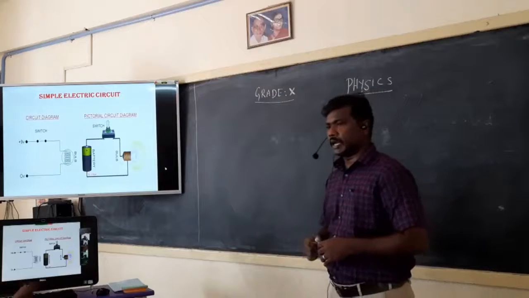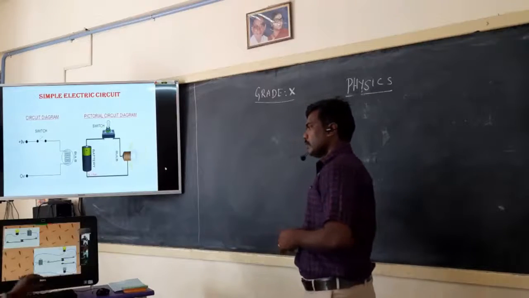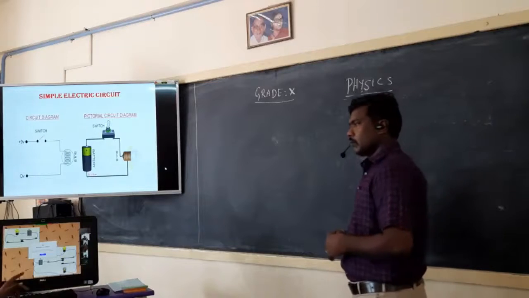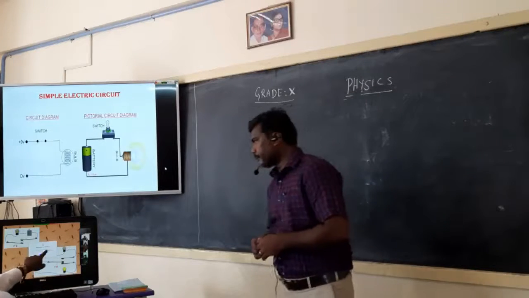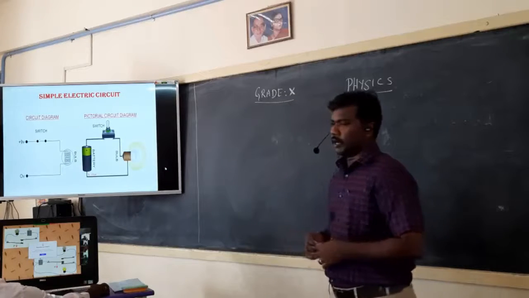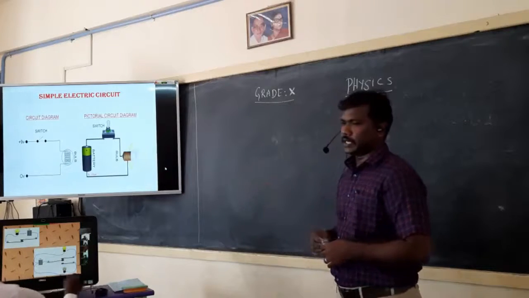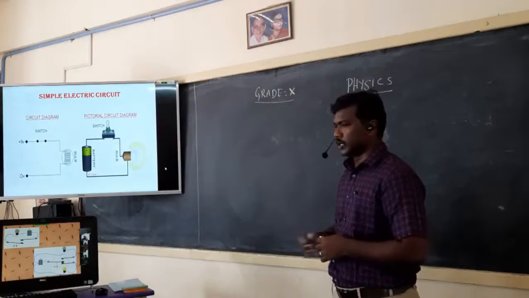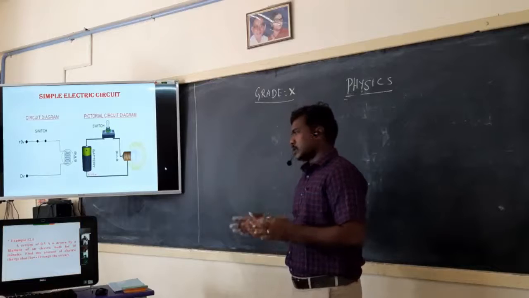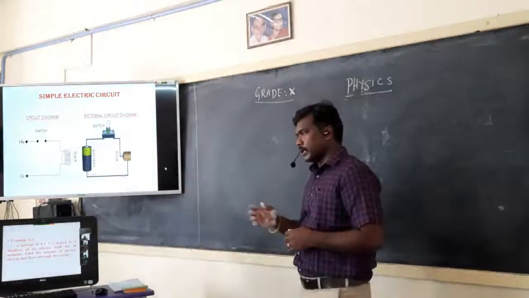Okay. See the next diagram. Here also I displayed two diagrams. One is with respect to a single bulb and another one is with respect to two bulbs. Okay. So here also it is with respect to the concept of open and closed circuit. The next one. See the question. This is with respect to our book inside problem.